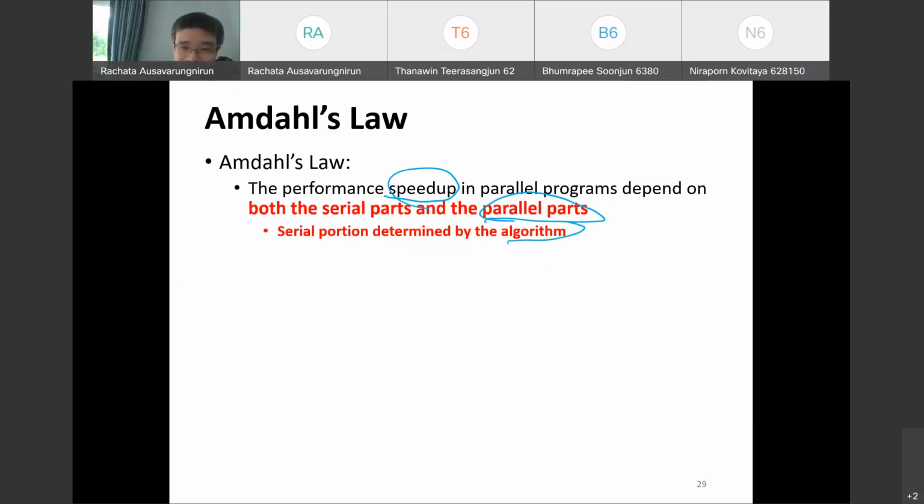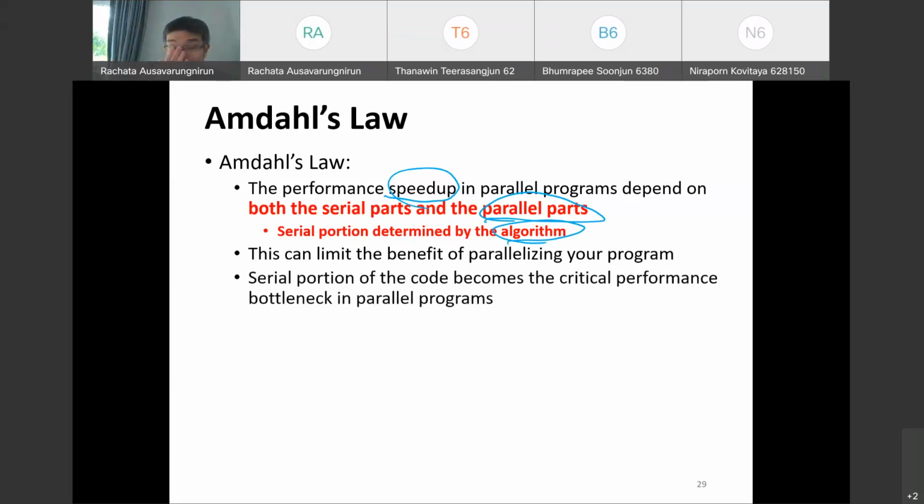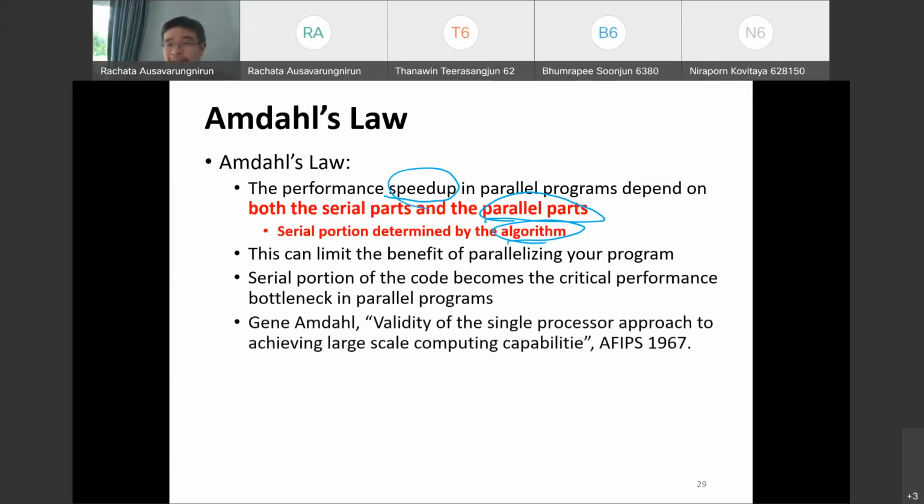So your algorithm dictates how fast you can be when you buy a multi-core processor. So these can limit the benefit of two things: parallelizing your program and parallelizing your processor. The serial portion of the code, the part where you can't really break it into parallel tasks, can be critical to performance. And surprise, it was actually a law